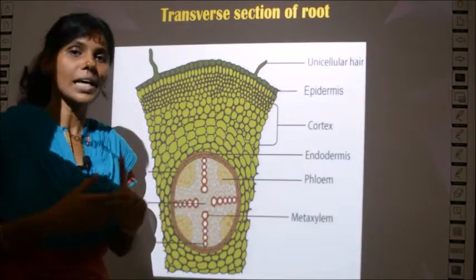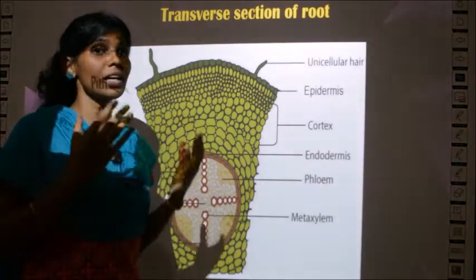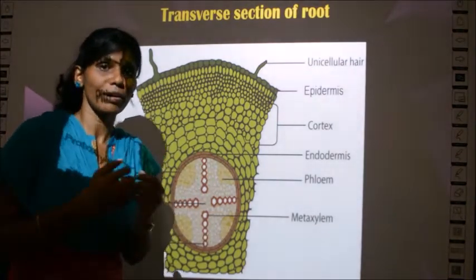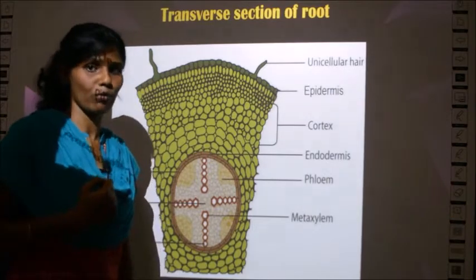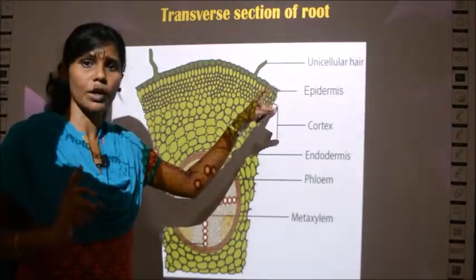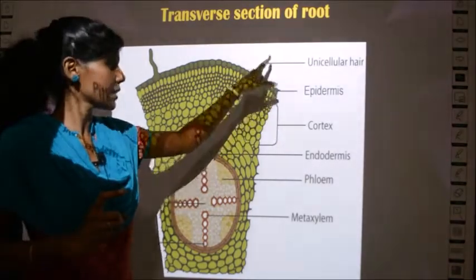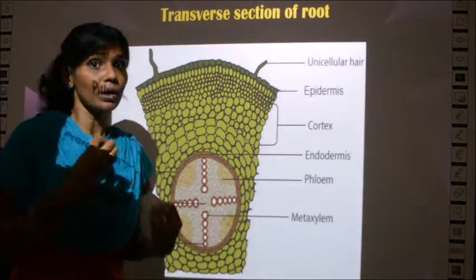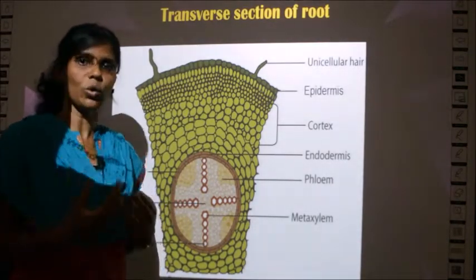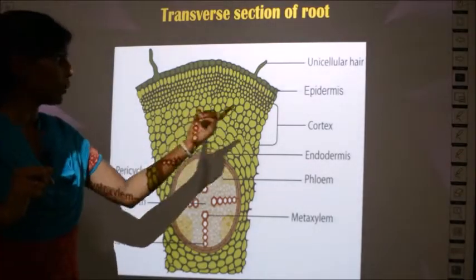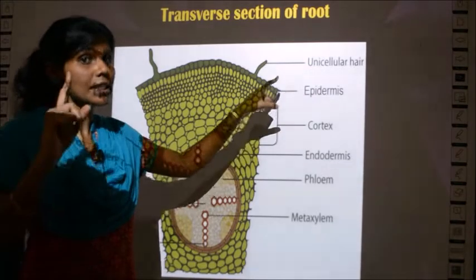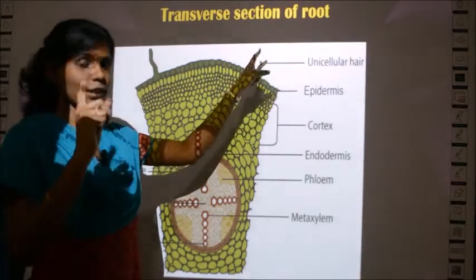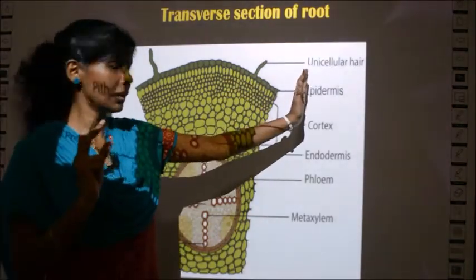Why is it very big? It has a special purpose. Because of its large surface area, it can absorb more water. I told you already the function of root hairs is absorption of water. All these epidermal cells do not absorb water, but only the root hairs, this extension, absorb water. Because of this large surface area, root hairs have the tendency to absorb more water. So this is an advantage. About the epidermis, I have already told you it is a single layer, one layered, and some of the epidermal cells are extended in the form of root hairs. This is what you will be learning about the epidermis.